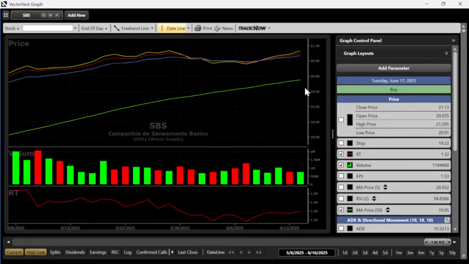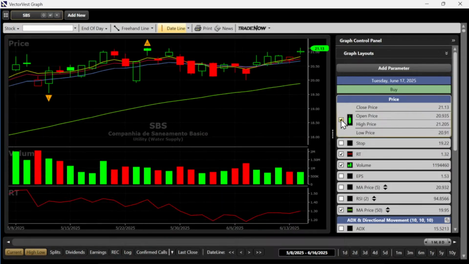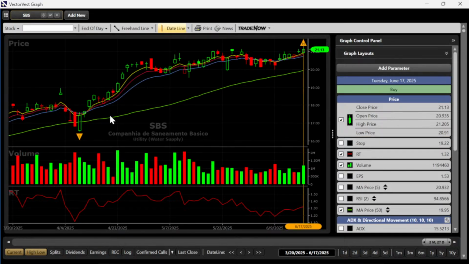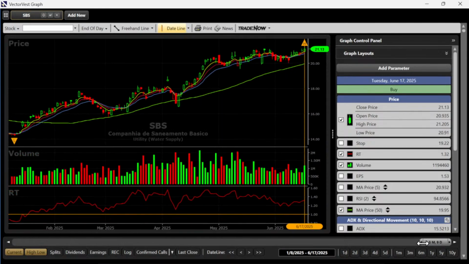Still good. Nice fanning out of the 3 EMAs. There is where the stock price closed yesterday. I would have used today's close as confirmation, 21.13. Clearly price moved above yesterday's close today. You would have taken the trade. So a real-time example provided to you with a few clicks instead of having to look at a ton of charts. Let's look at the next one.